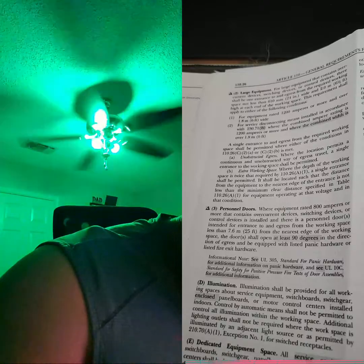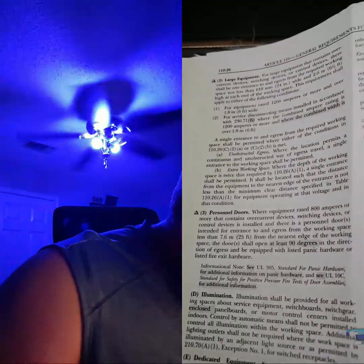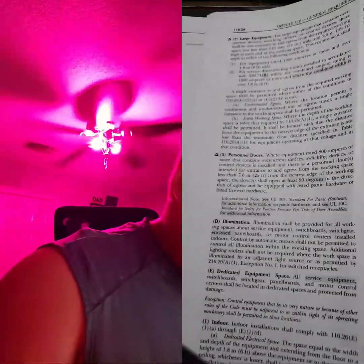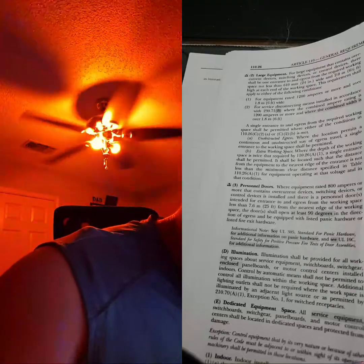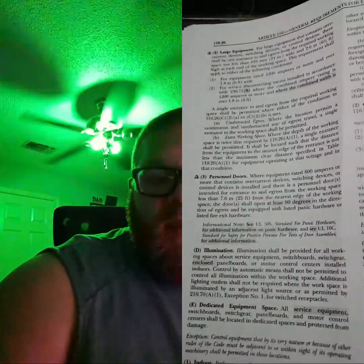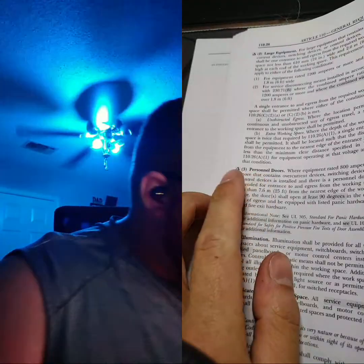Cord unplugged connected. Equipment room. You really think it's in 110? So you know the answer to this question? How many amps is it? 800, you said? Yeah, it's 800. You just haven't found the reference. No, I've had it for the last couple of minutes now. It's on my screen. It's 800. But what's the code reference? 110.26